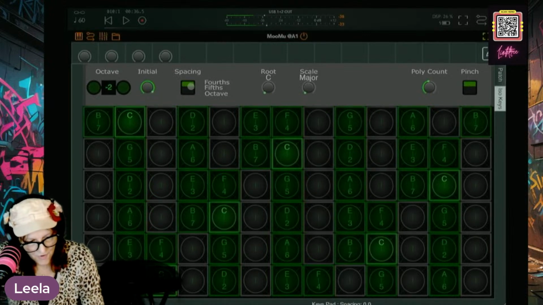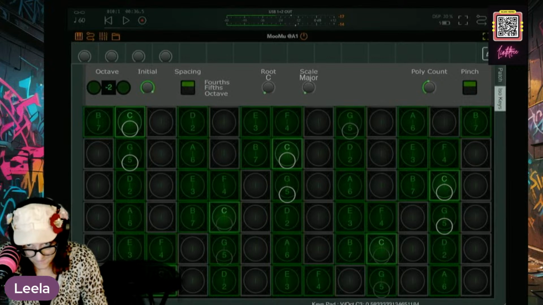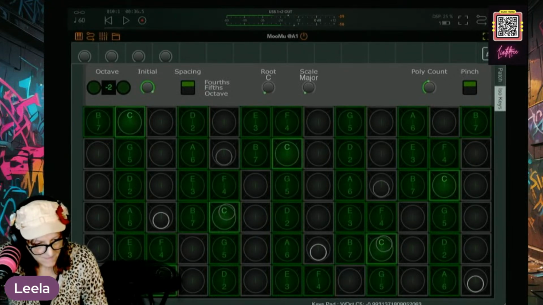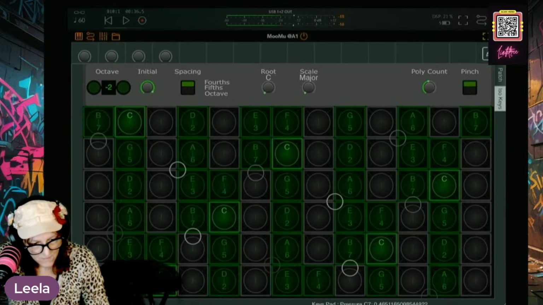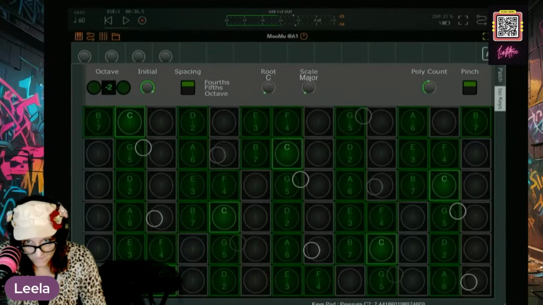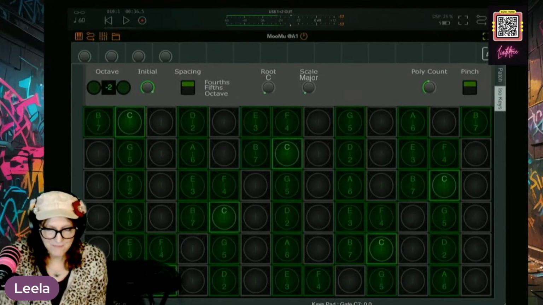So these are fourths, so that gives you C major.